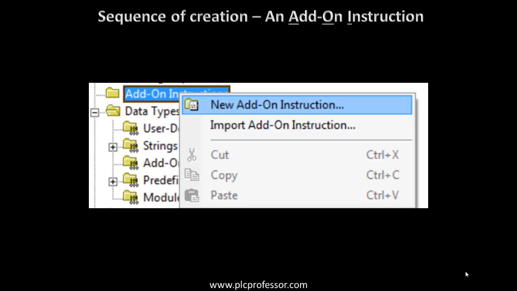In the software, there's a category, add-on instructions. This is in the controller organizer. If you right-click on add-on instructions, you get several choices. However, we're only interested in new add-on instruction. So I'll select it,